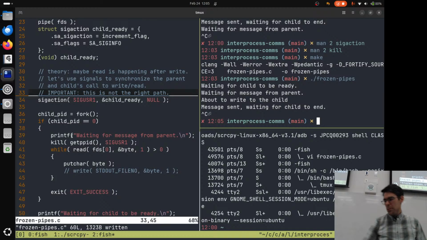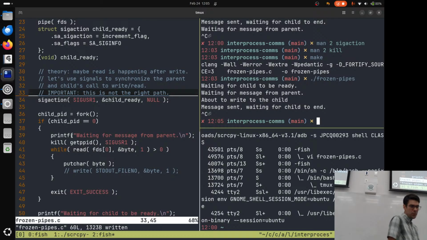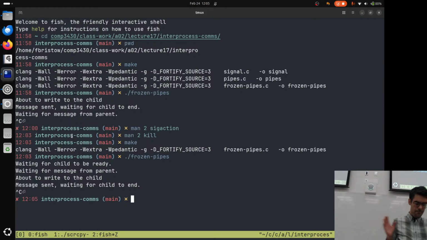So what I want to do instead is start using a program called strace. We have seen strace before, when we were starting to look at working with files and thinking about processes and what system calls they're making. I'm going to zoom into this shell and hide the code for now, because the code isn't important for what I want to do with strace here.